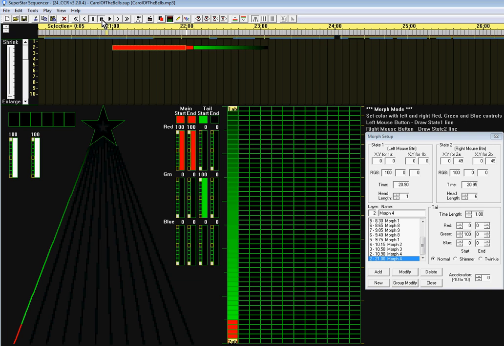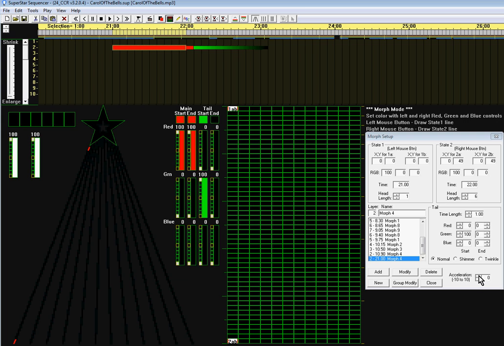Now I'm going to click on the stop button to get out of pause mode, and let's play it again. Now that looks cool, but if it was a real shooting star, or a real comet coming down, it would start slow and get faster as it gets closer to us. Well, that's why this acceleration